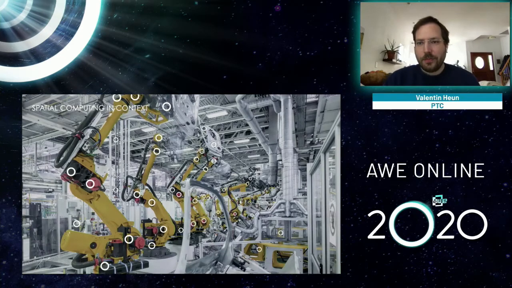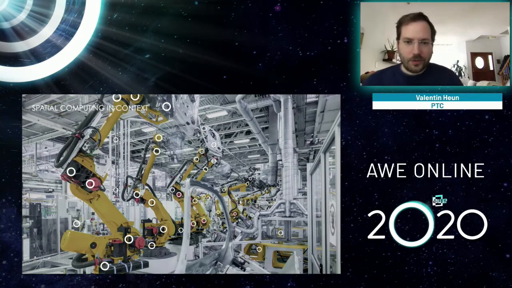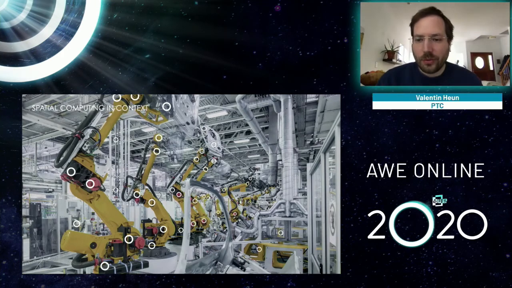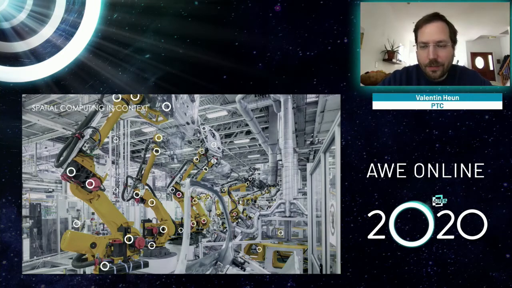So my perspective, or PTC's perspective, is from the industrial perspective. So everything that we do has to do with the industrial Internet of Things and industrial augmented reality and XR. And when you look into a factory and you see all these machines that create, for example, cars, every data point, every data that is consumed here and everything that is programmed in this space requires a notion of location with the data associated.